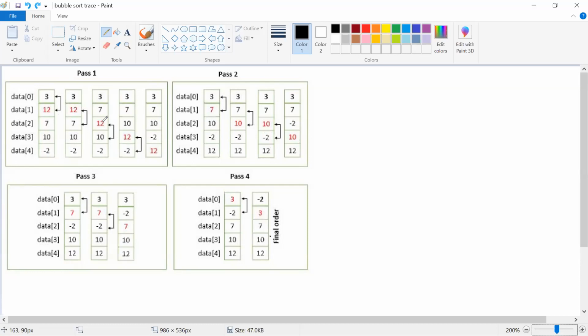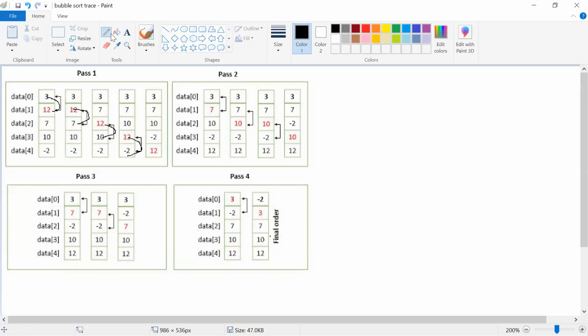Next, after that, you again go for the next element to be compared. 12 and 10 have to be compared here. You may try to understand here. We have to compare 0 and 1, and after that 1 and 2, after that 2 and 3, after that 3 and 4. So when there are 5 numbers, you know that the maximum number of comparisons will be 4 only. If there are 5 numbers, the comparisons will be 4 only: 1, 2, 3 and 4.